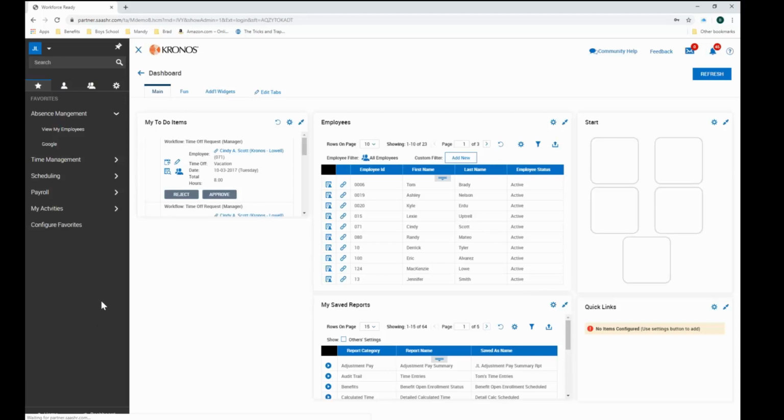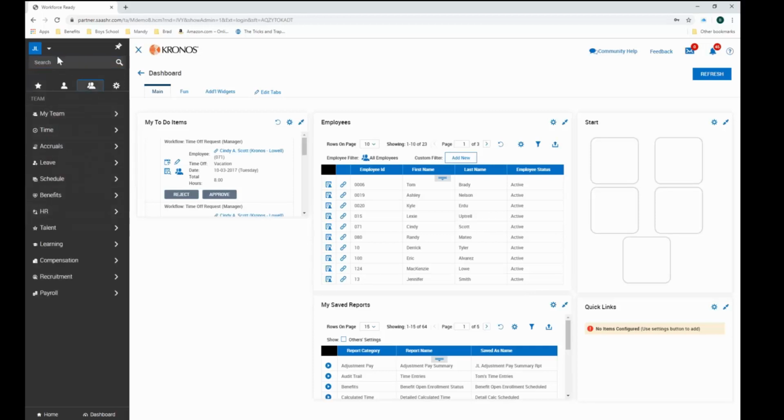I promised you a couple shortcuts, and I don't want to leave you without them before we jump back over and get back into the presentation. A couple shortcuts that I like to show people, especially our administrators that are in the system on a regular basis and looking for ways to do things a little bit quicker, and maybe even navigating and finding things under my team and so on. If you use the pound symbol, or the hashtag symbol, depending what you're more comfortable with, and I start to type the name of somebody that might be on my team, or that might be in the system for me to be able to look at,